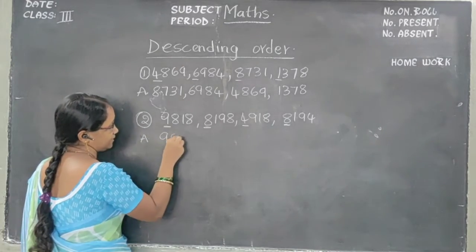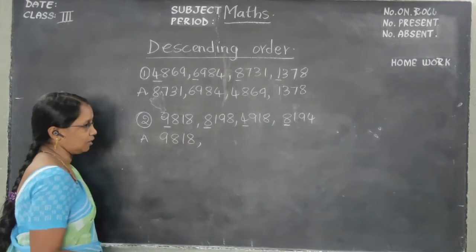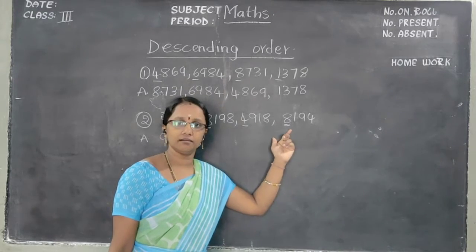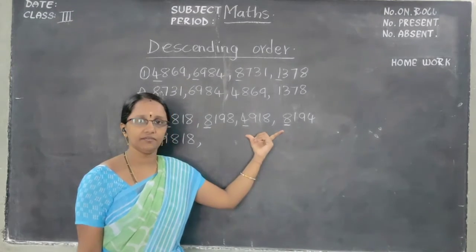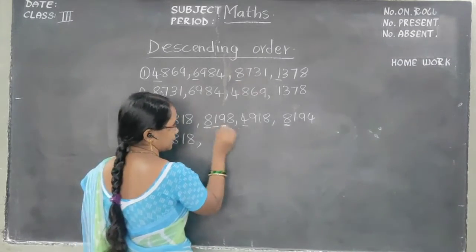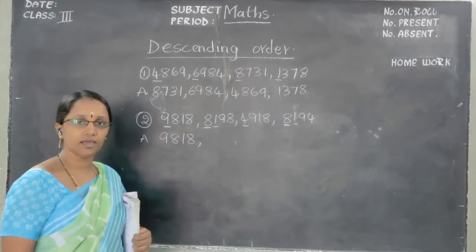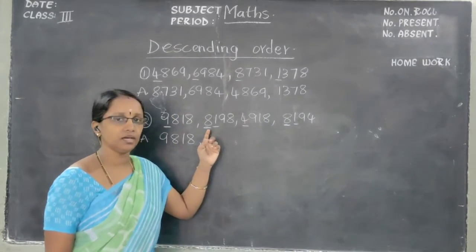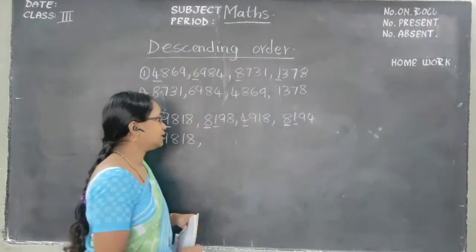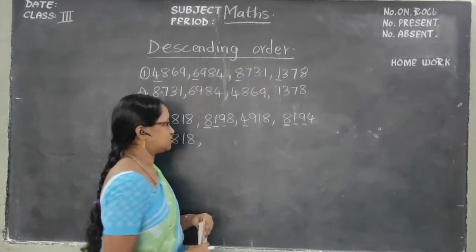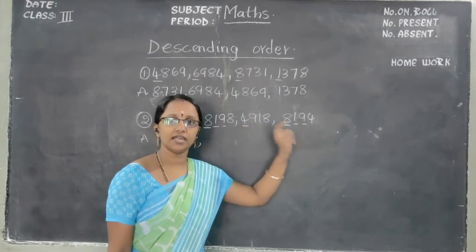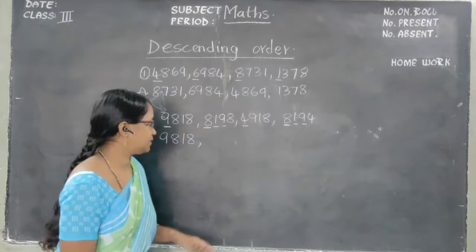So 9,818. Put forward. Next, 8, 4, 8. Which is the big? 8 is big. But here two 8s are there. How will we know which is the big number in these? We have to see the second number. So what is the second number? 1. Here also 1. So again same. Then again third number. That is 9, 9. So again 9, 9 means same. So last number you have to see, 8 and 4. So in 8 and 4, which is the big number? 8 is big. So